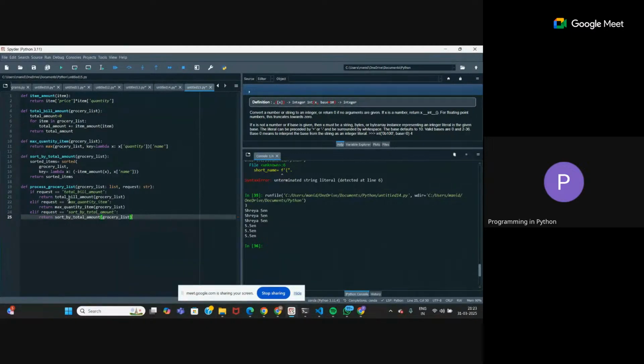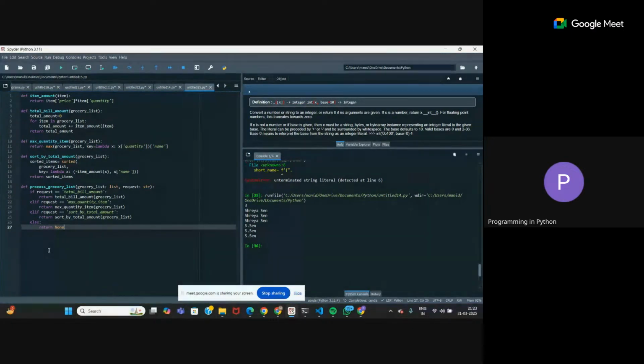Now if none of these is the correct request, either it has to be one of these three, or otherwise you just write an else statement which returns None. Or you can write invalid request or something like that.